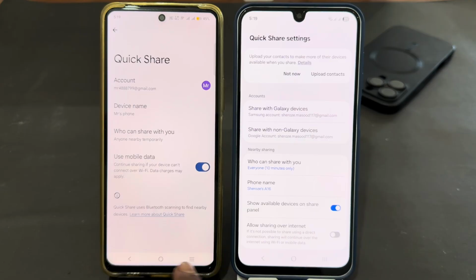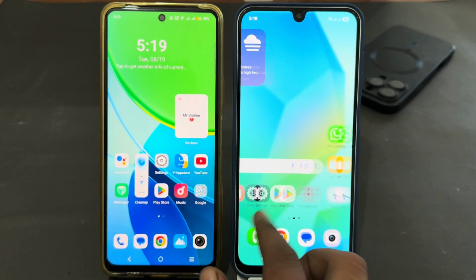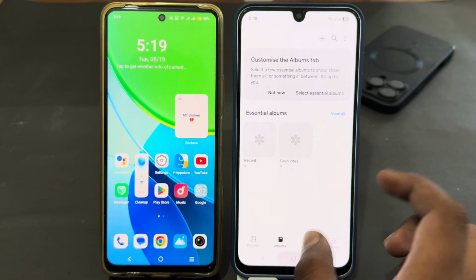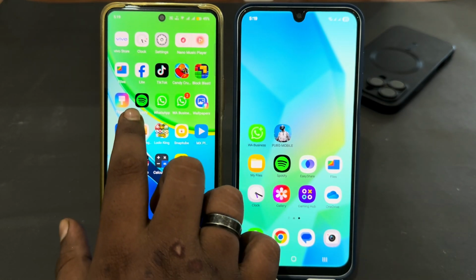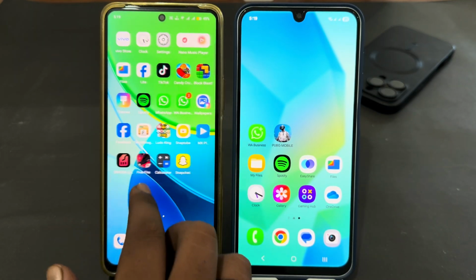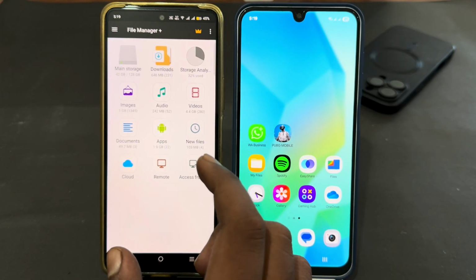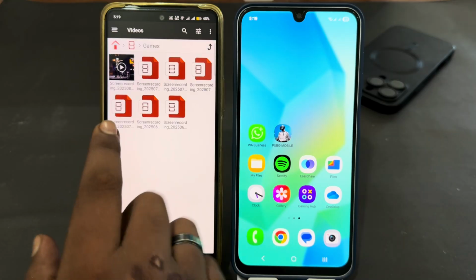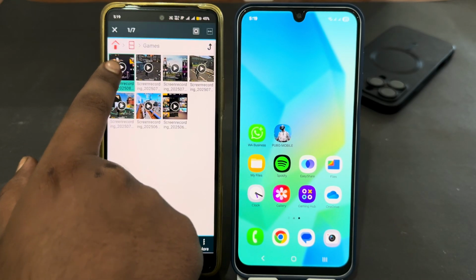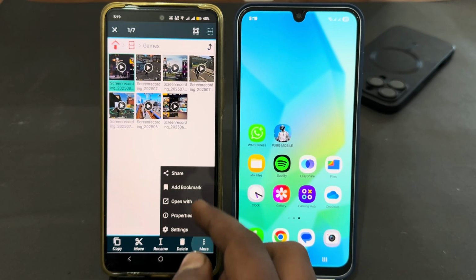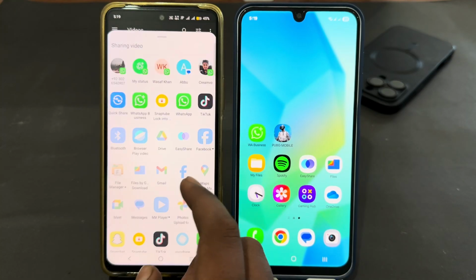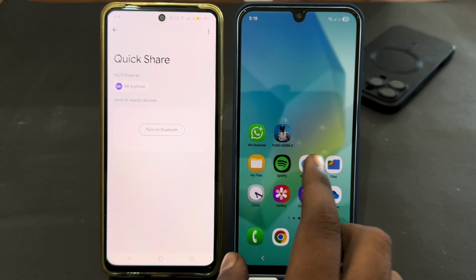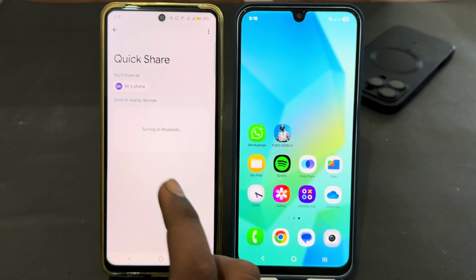After that, you have to open the video on the phone from which you want to share. As there is no other video here, I'm going to share from this phone. Just open gallery or file manager. I'm going to open file manager from here, and then open the video, and here I'm going to share this one. Just keep a long press on it, then look for the share option, and here you just have to look for Quick Share. Just tap on it, and here just tap on turn on Bluetooth,